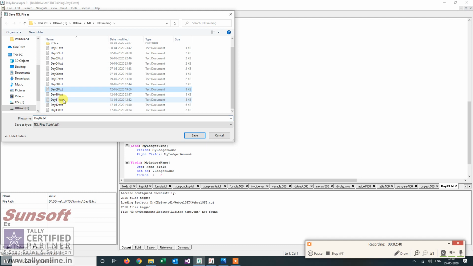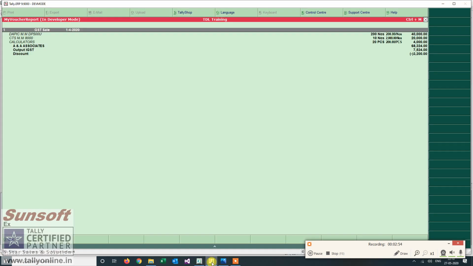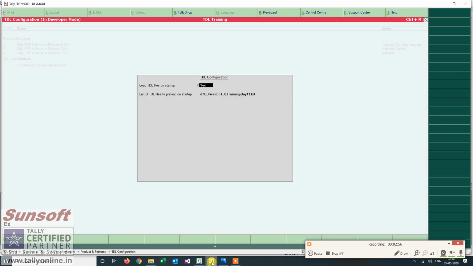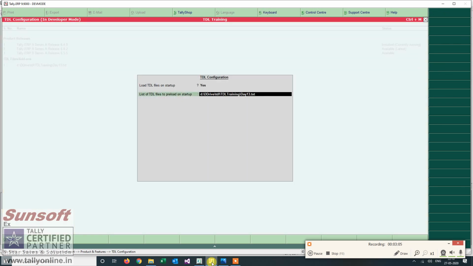I think I had set it as day 13 initially, so it is day 14. Let me put it in Tally also as day 14. So two things we do, we are putting it as day 14.